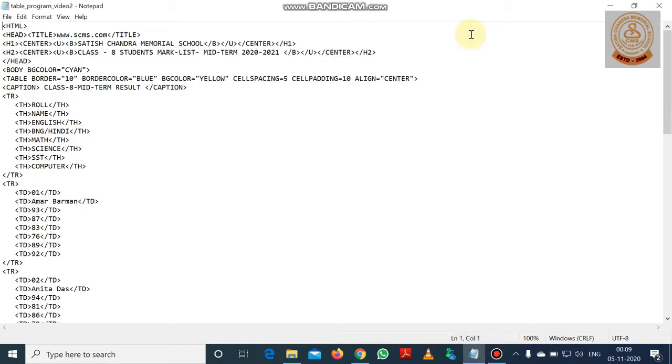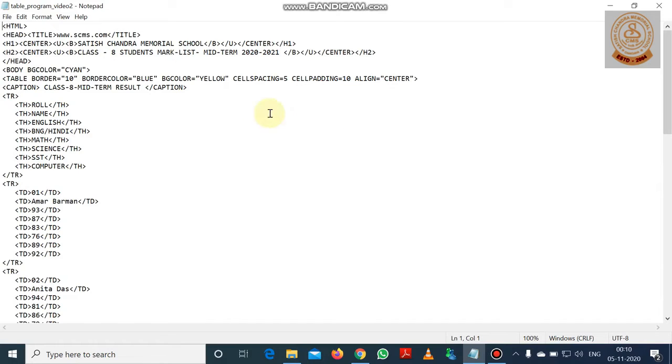Hello dear student, today I am going to describe more about tables in web page. This is the continuation class of chapter 5, tables and hyperlinks in HTML. Today I am going to describe more attributes in table and how we can create a large table and how we can place the table at different position on the web page.